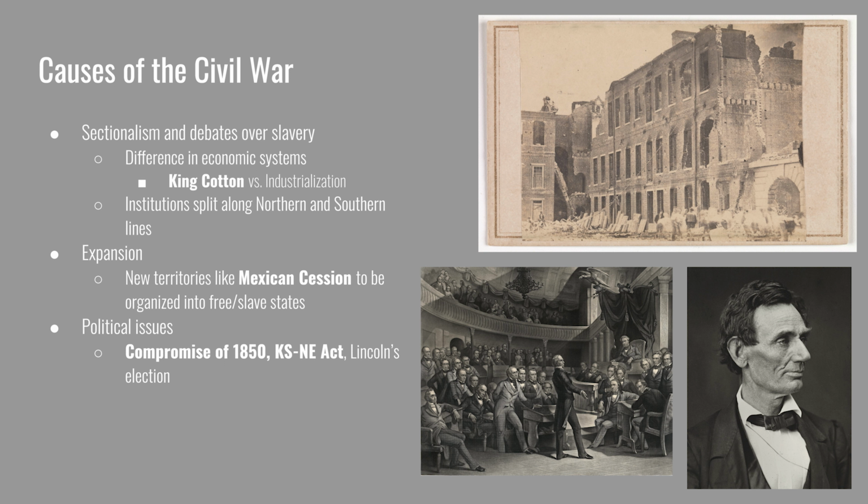The Compromise of 1850 momentarily held the country together in the midst of the addition of California as a state. 4 years later, the Kansas-Nebraska Act creates conflict by opening the possibility of slavery north of the old Missouri Compromise line. Finally, Lincoln's election was the catalyst or spark for the secession of South Carolina and then the beginning of the Civil War.